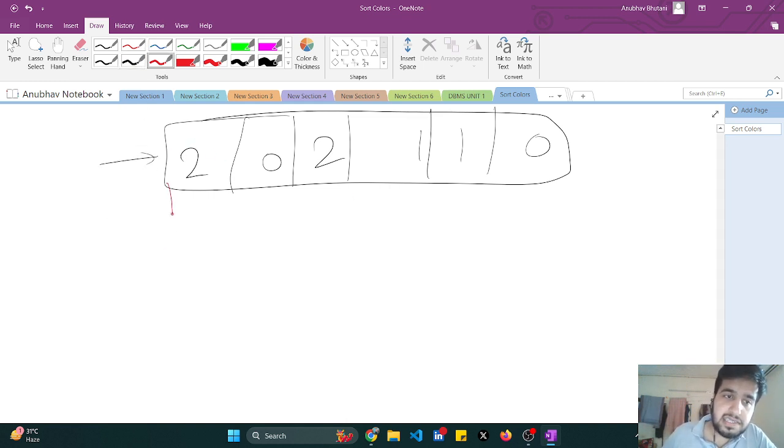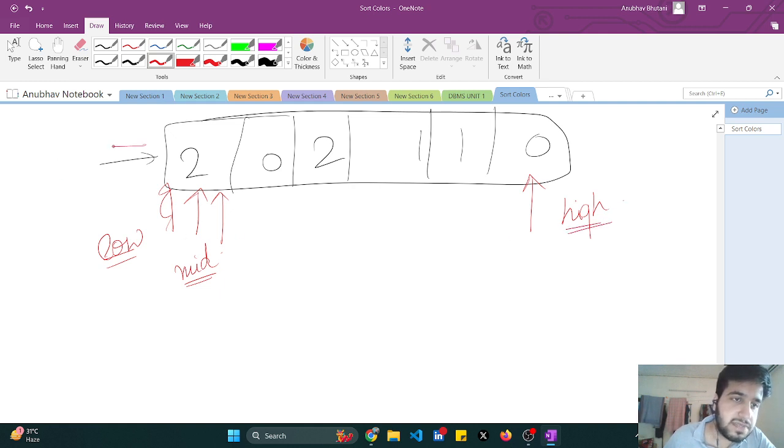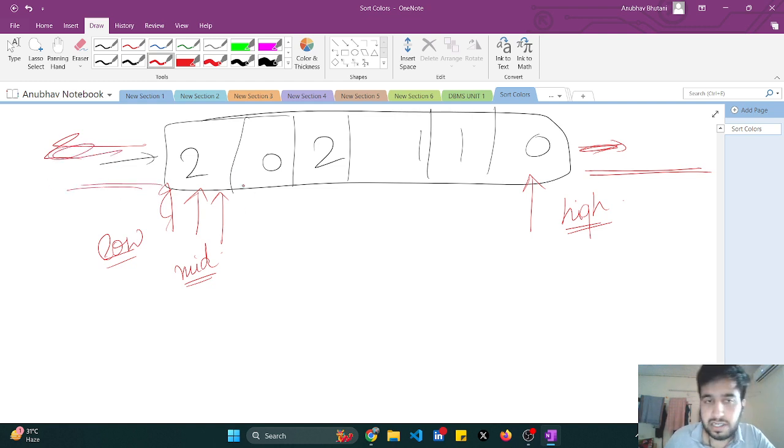What I am getting is my low pointer stays here, my mid pointer stays here for the first case, and my high pointer stays here. This is the sorted part, and this is the unsorted part. Anything beyond this is sorted for now. So if I get 2,